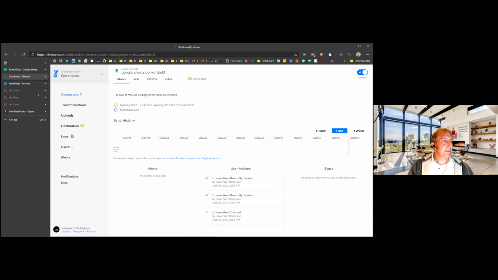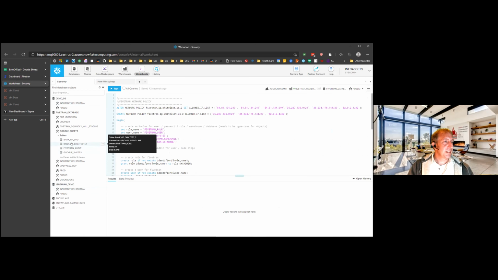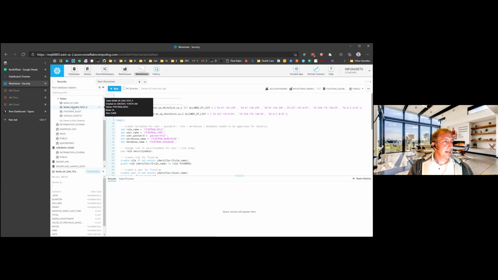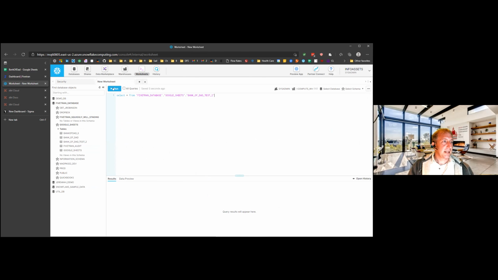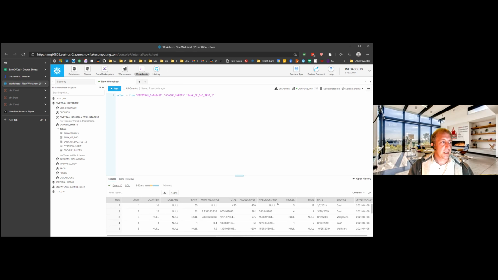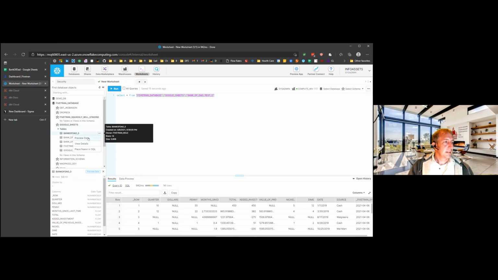Anyway, while we're waiting for this to go, I do have a previous version that I've created in here. Here's an older one. So I'll just show you that I can select data from it, and the data is essentially what was in that spreadsheet that we saw before. Oh yeah, so there's Bank of Dad 3. So one nice little feature that Snowflake has is you can select an area and then do place name in SQL, and then it places the name of the database there with its full path.